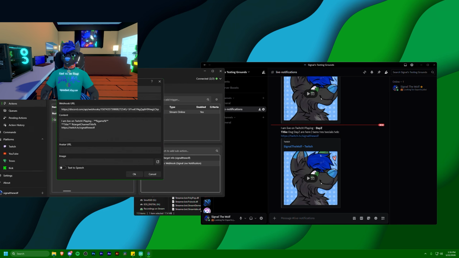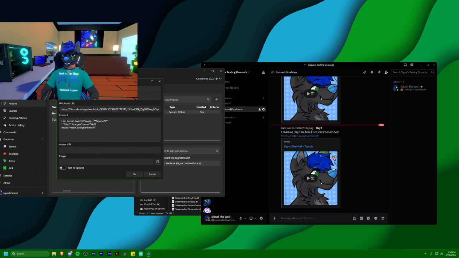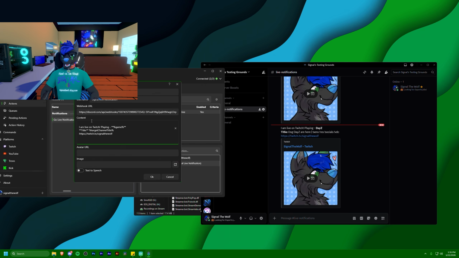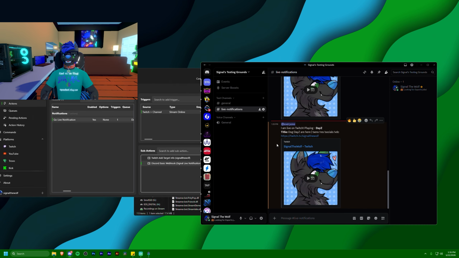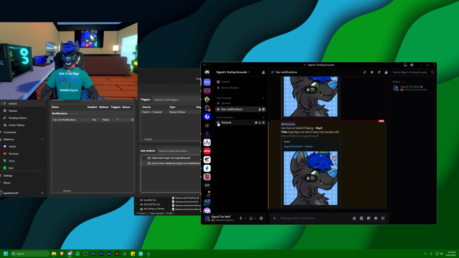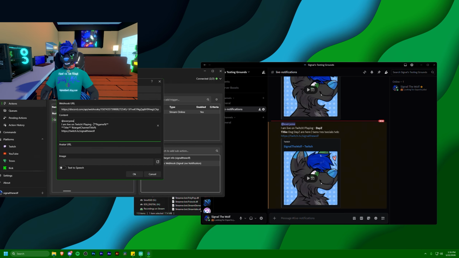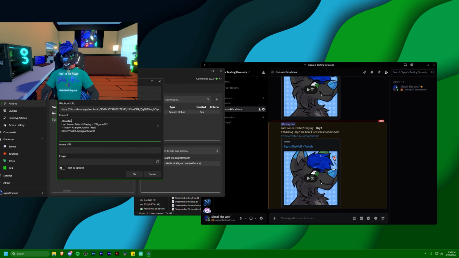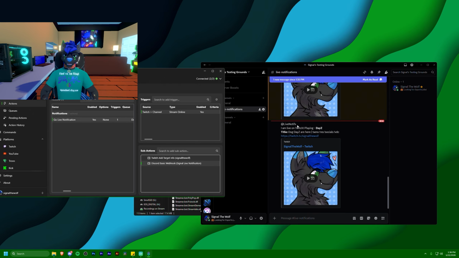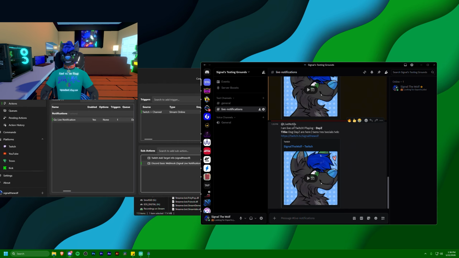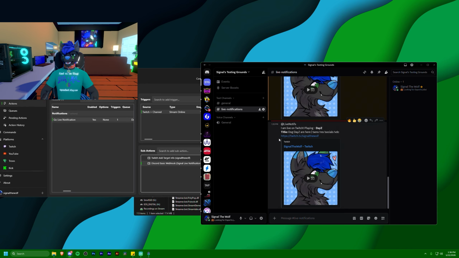Now, you can also ping Discord roles. If I do @everyone, it'll ping @everyone. So let's say we wanted to ping a role. I already have a role created called live notifs. Unfortunately, if you just do @live notifs, it won't actually ping the role. The reason is because this role has a role ID attached to it. So we need to include that